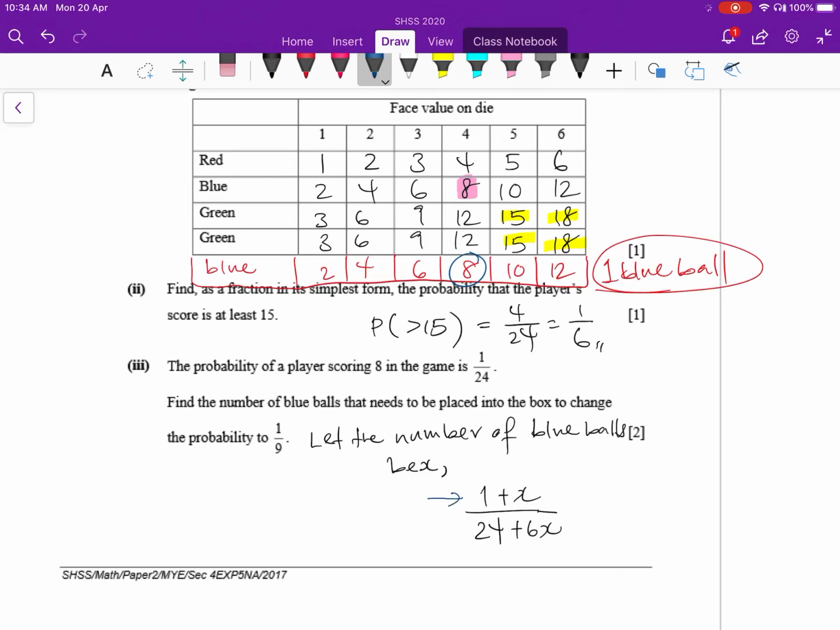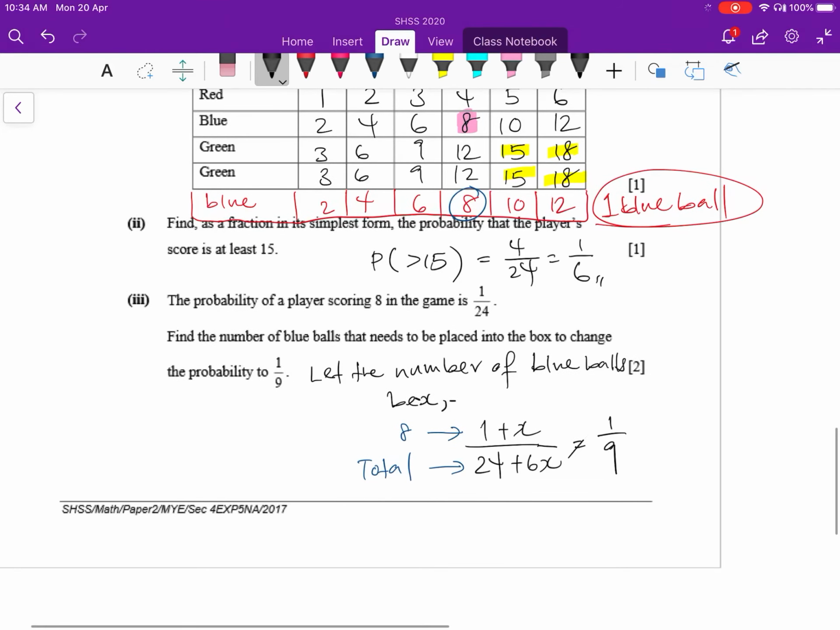Because this is blue, correct? This is the probability of the player scoring 8. This is the total, correct or not? And the total is multiplied by 6, because every one blue ball that you add, you add 6 total possibilities, and that equals 1 over 9. Because you want to find the number of blue balls that need to be placed to change the probability into 1 over 9. From here, fraction equals fraction, you cross multiply, you get 9 plus 9x equals 24